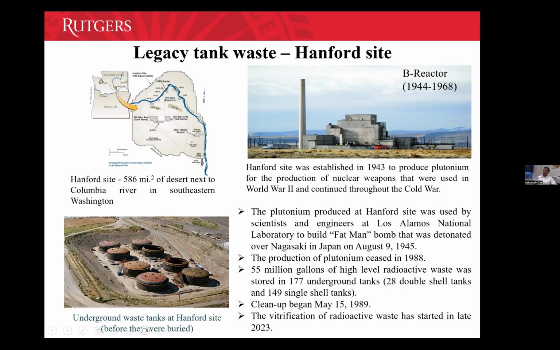The reactor in this picture, called B reactor, is the reactor where plutonium was produced in 1943. That was used to develop the plutonium bomb, the Fat Man bomb, that was detonated over Nagasaki. Now it is kind of a historical thing. You can get permissions and go in there. But once upon a time, it was a churning-out, working nuclear reactor.